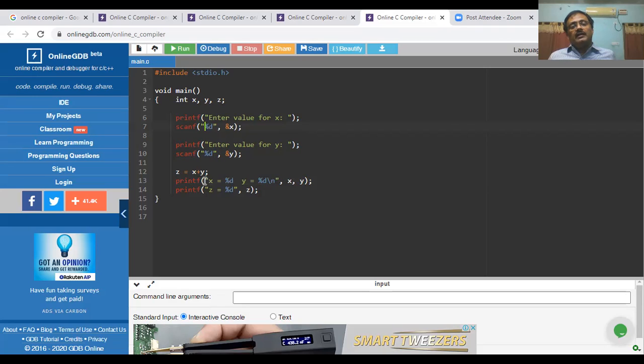So x is equal to, it prints %d. So %d looks at the first variable that is present after the quotation marks. After printing this value, again printf comes to print y is equal to, and then %d, which will look at y. After printing the value of y, what is present there? \n. Suppose I execute the program without \n.